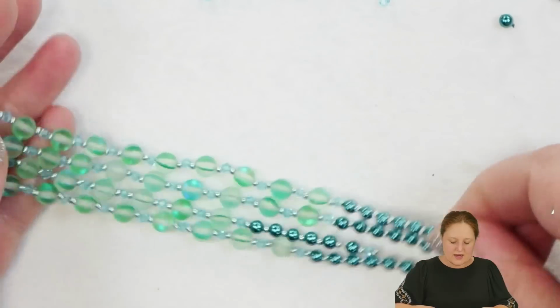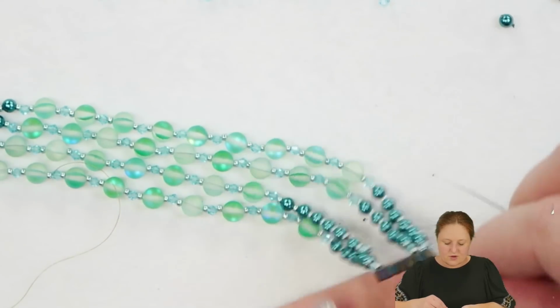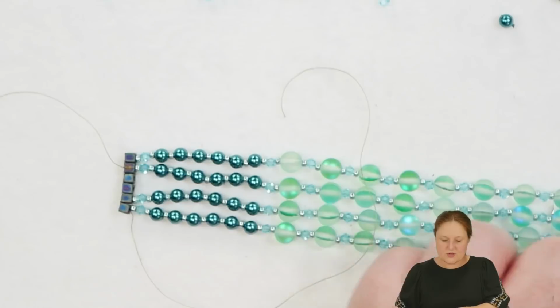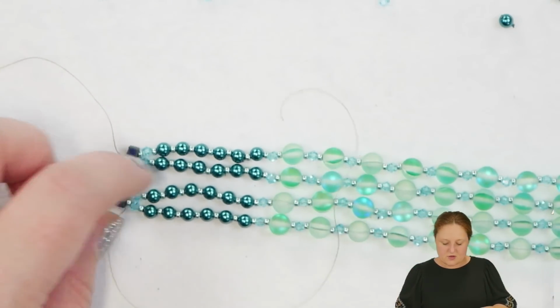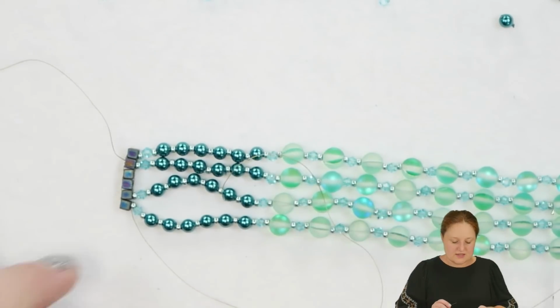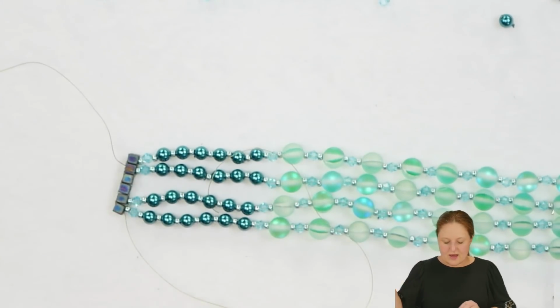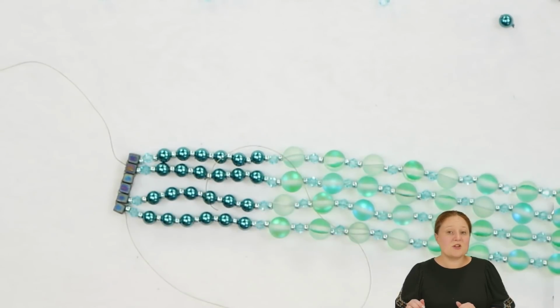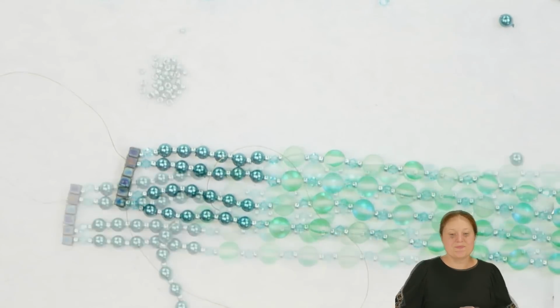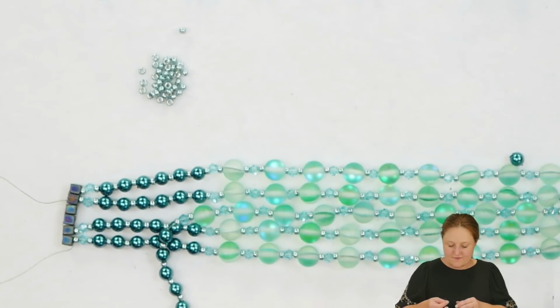So I'm going to work this next strand just like I did the previous strands. So I'll have the strand going down the center here, and then I'll go through the third cube on this side, the one that is open and just waiting for me to take my needle and thread through that. So I'm going to go ahead and do that now, and then I'll show you how to incorporate your other piece of thread here that you haven't used into the fifth strand and how to tie everything together, and we'll get that clasp on. I'm just about ready to finish my fifth strand here, and my thread actually came off